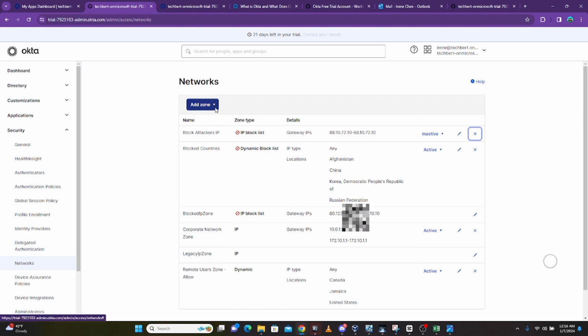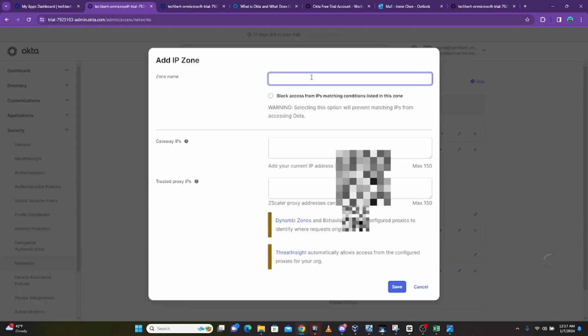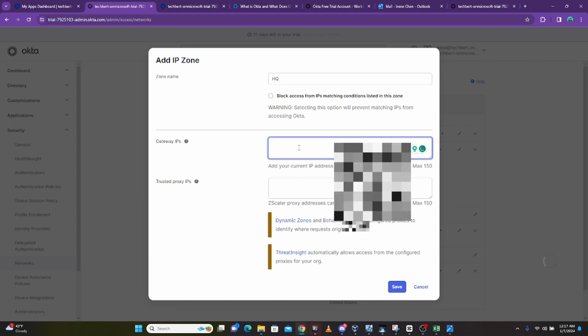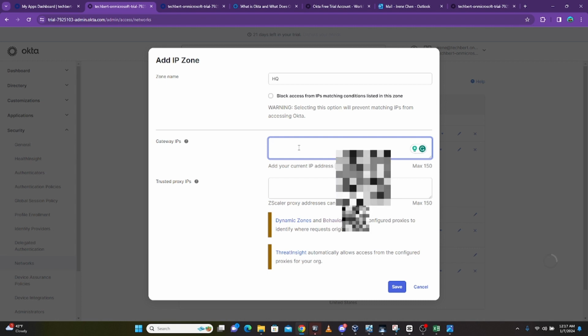The other one is that you can allow a zone. So you can create a zone, for example, an IP zone. Let's say you have your company's gateway. You can name it HQ, that's headquarters, and then add the gateway IP addresses to it. Let's say the gateway IP address at HQ is